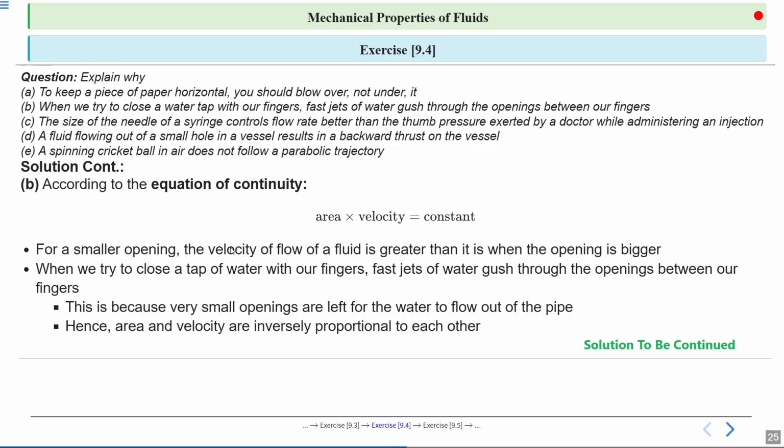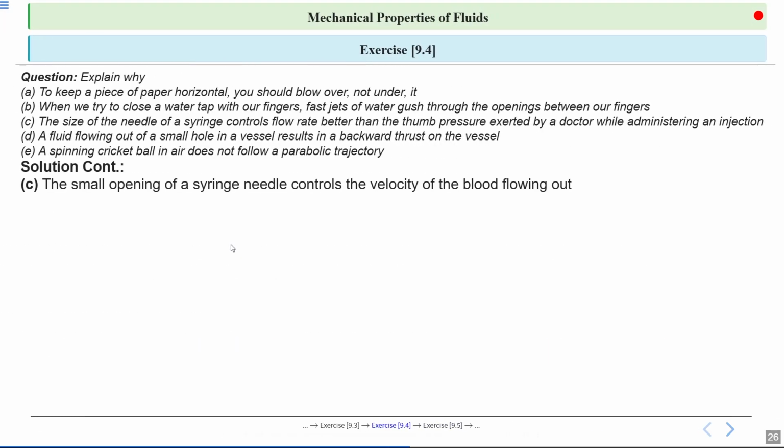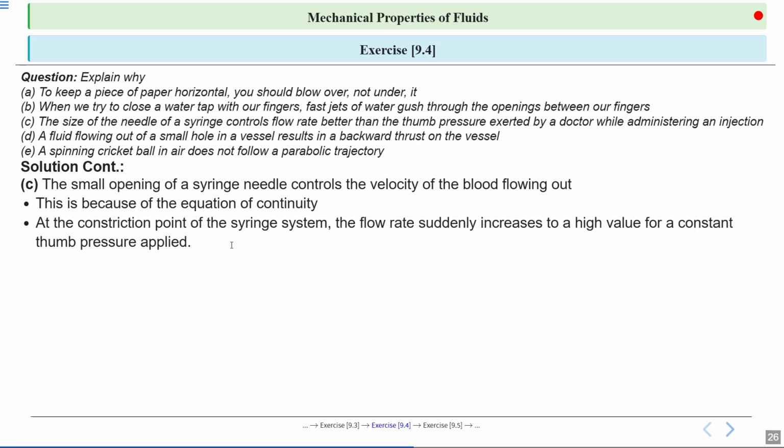Alright. Now, let's start with part C. The small opening of a syringe needle controls the velocity of the blood flowing out. This is because of the equation of continuity. At this constriction point of the syringe system, the flow rate suddenly increases to a high value for a constant